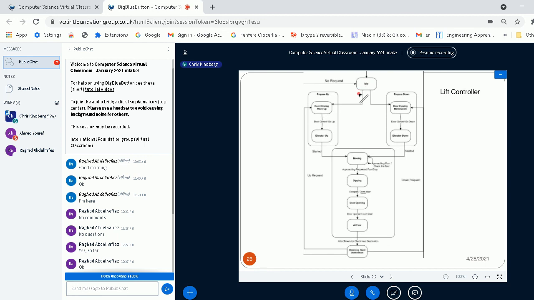So if somebody pushes a button, then such and so happens, and the lift moves upwards, and etc. When it arrives at the particular floor that's been requested, it'll open its doors, and maybe it'll turn off the illuminated lift button if somebody in the lift actually pressed the button.